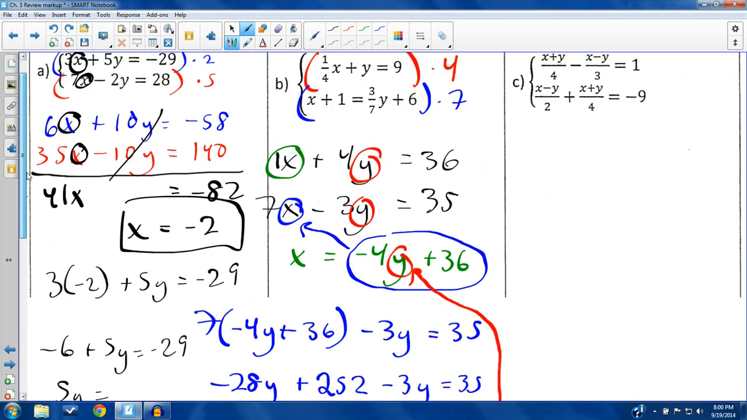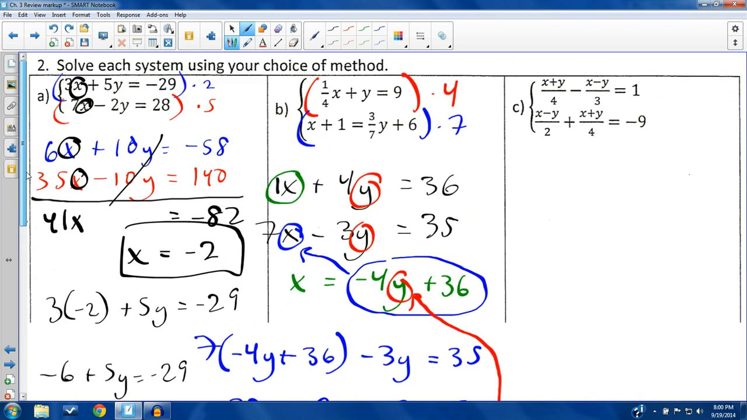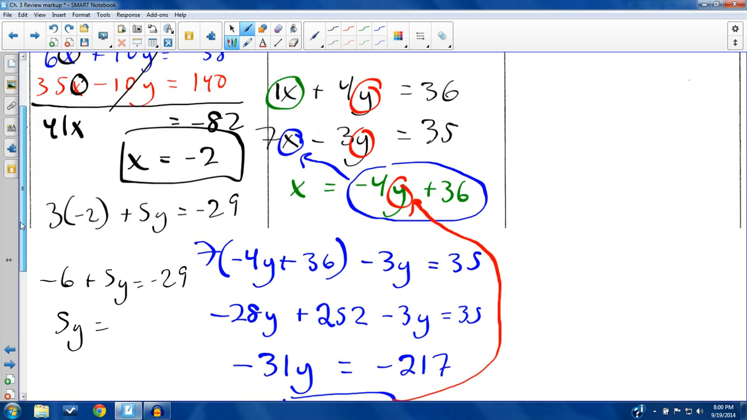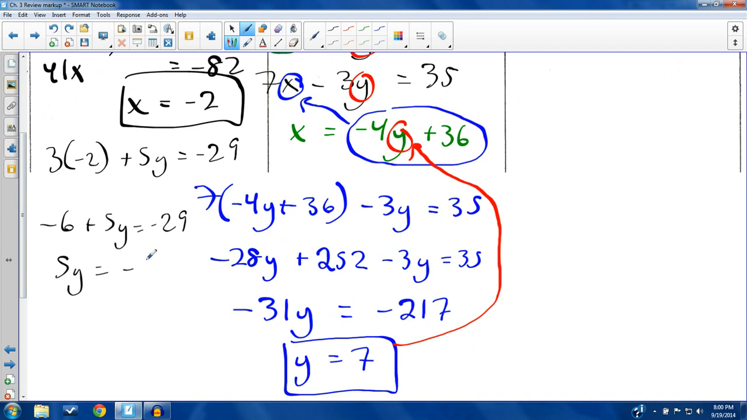Wait, is this a good number? I just want to make sure I didn't get any things wrong here. I want to make sure I get good numbers. So I'm going to add 6 and I get negative 23. So you'll notice, this is actually a good thing I didn't do elimination or whatever else. I'm going to get a fraction